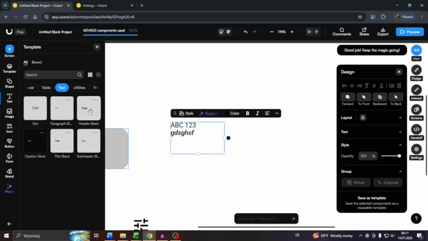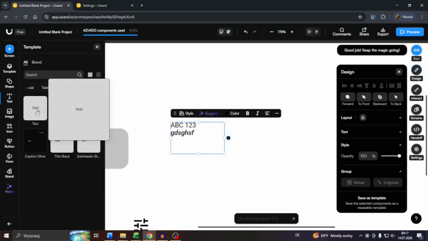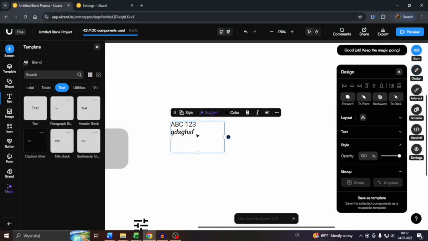You can do that, but there's also the option, guys, to convert these text types, or to format them into another text type. So let's say, for instance, we have inserted a standard text box here. What you would need to do in this case, guys, is